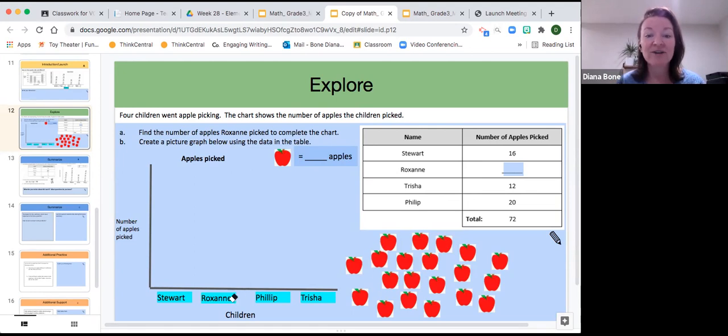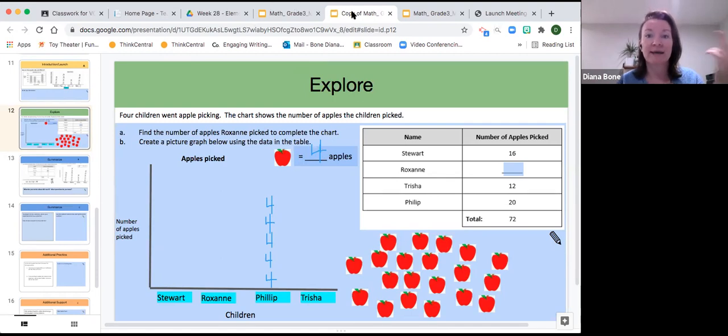So boys and girls, I could have each apple represent 4 of the apples. Each picture of an apple could represent 4 apples that the kids picked. And instead of putting one apple at a time, then one more apple, then one more apple, I could put 4 apples at a time. 4, 8, 12, 16, and 20. And if I have my key that says that a picture of an apple represents 4,